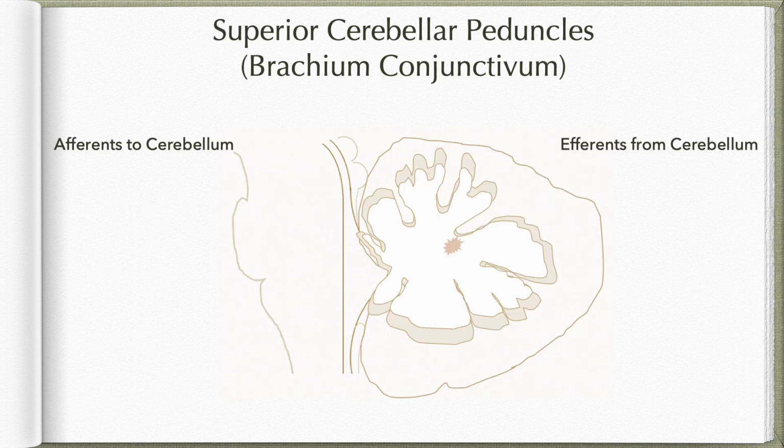Now coming to superior cerebellar peduncles, otherwise known as Brachium conjunctivum. This is made up of predominantly efferent fibers from the cerebellum. However, it also has few afferent fibers. One fiber tract, which is the ascending fiber tract within the superior cerebellar peduncle, is the anterior spinocerebellar tract. We know that this tract, when it began in the spinal cord, the fibers cross to the opposite side. It ascends on the contralateral side as ascending spinocerebellar tract, reaches the medulla, traverses through the medulla and pons, reaches